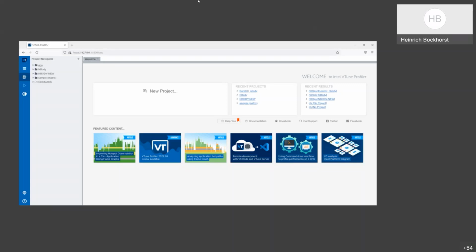And pipe this in the browser, and then it will probably ask you for another password, a passphrase that you have to give, and then it magically opens VTune on your compute node, and you can directly use it for defining projects,